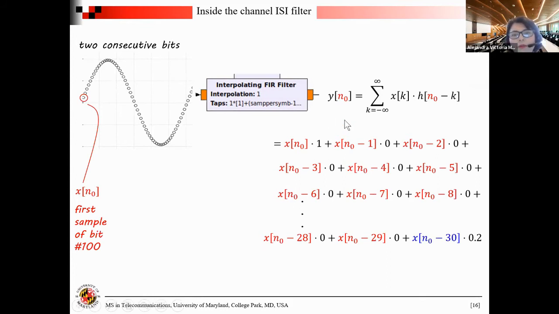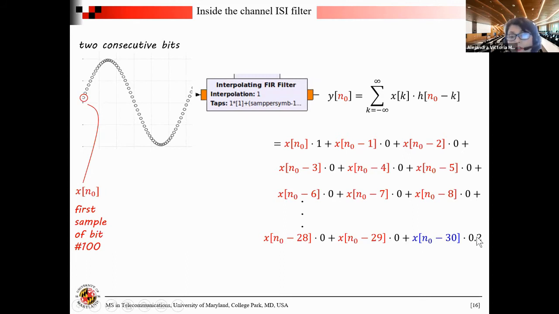So the output corresponding to n naught is going to be, according to our impulse response, 1 times x of n naught, 0 times x of n naught minus 1, 0 times n naught minus 2, 0 times n naught minus 3. There's 29 of these things multiplied by 0 until you get x of n naught minus 29 times 0. That's the last sample of the 100th bit,